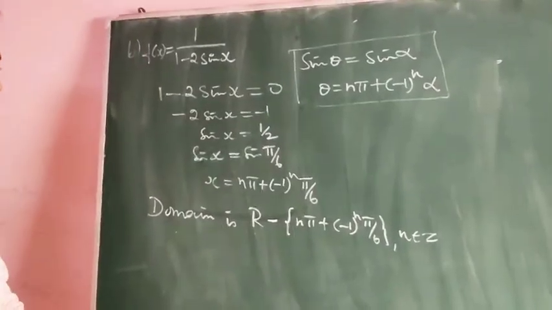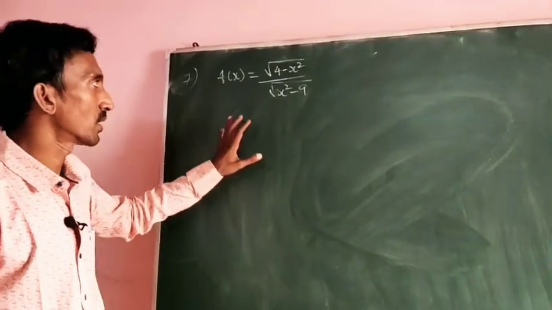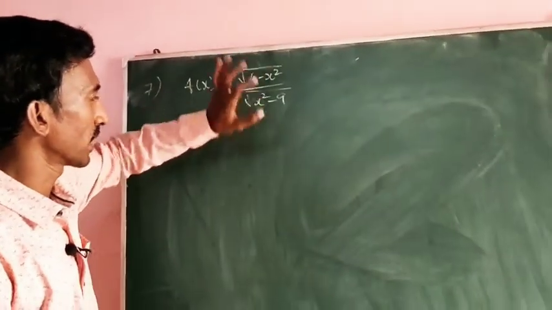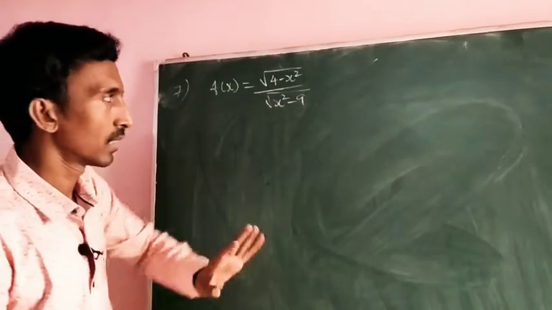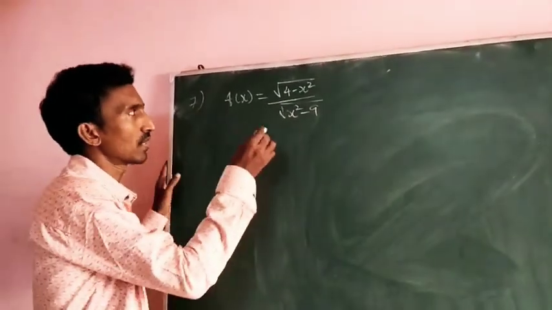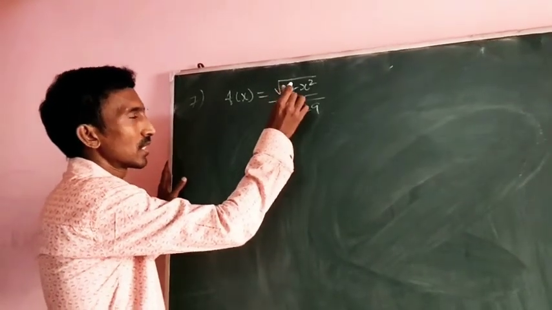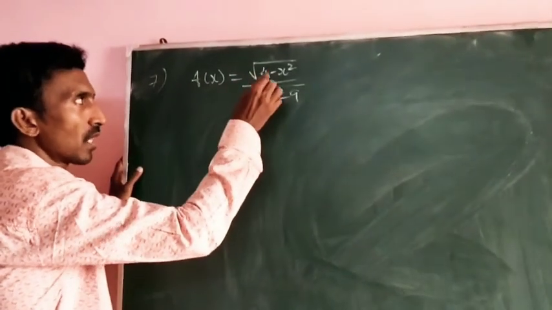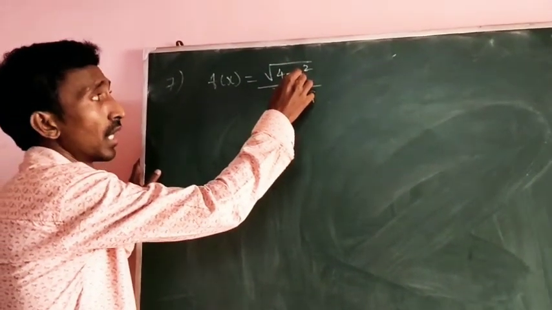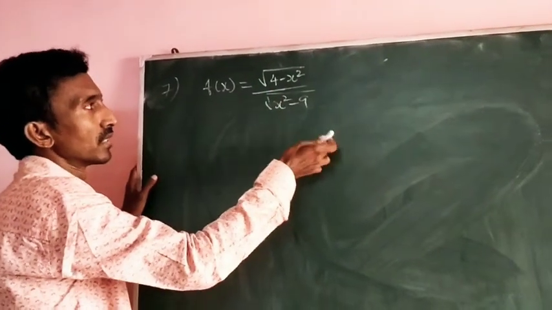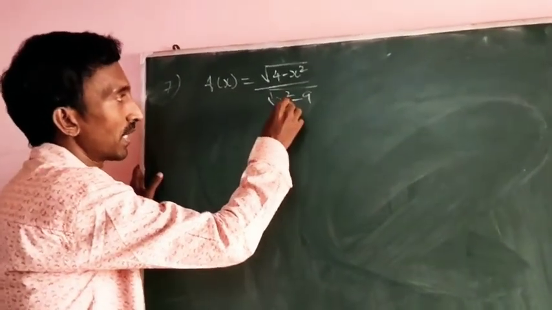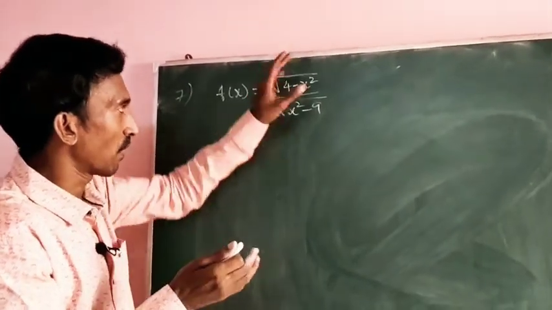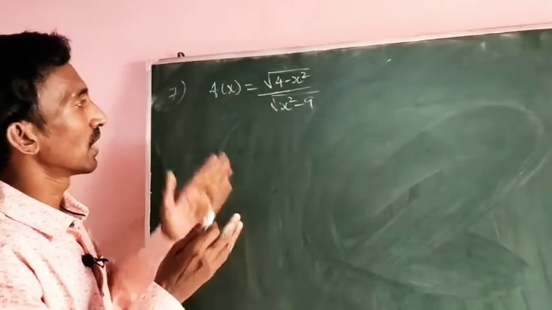Okay. Question number 7. Find the largest possible domain for the function f of x equal to root of 4 minus x square by root of x square minus 9. Listen here, we are going to solve this in a different way. So just take the numerator and denominator separately. So we are going to discuss for what values of x the numerator does not exist. Similarly, for what values of x the denominator does not exist, we can remove that, and the remaining sets we can combine. From the two, the common interval is the domain.